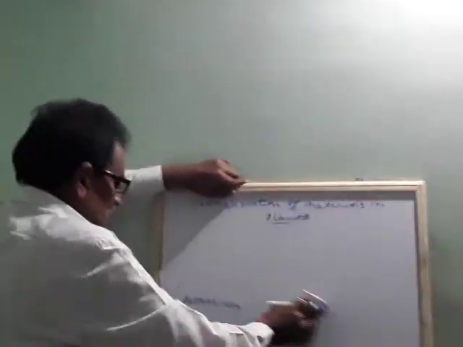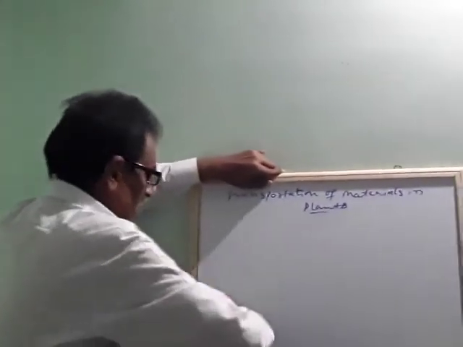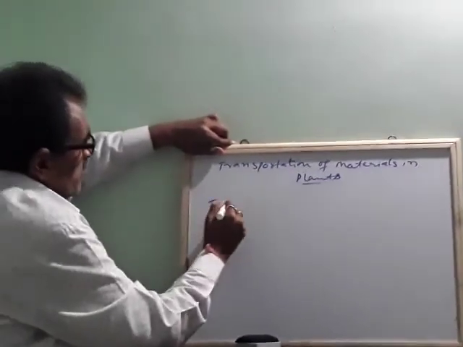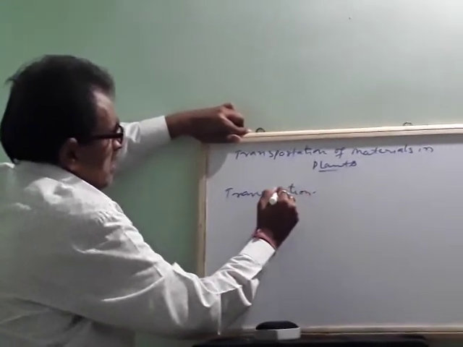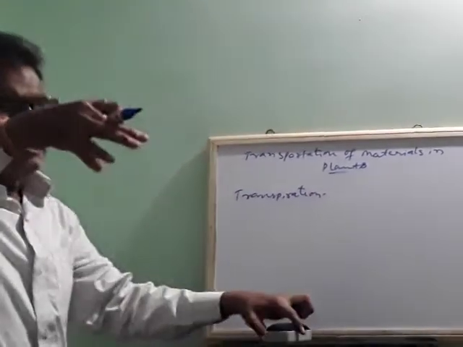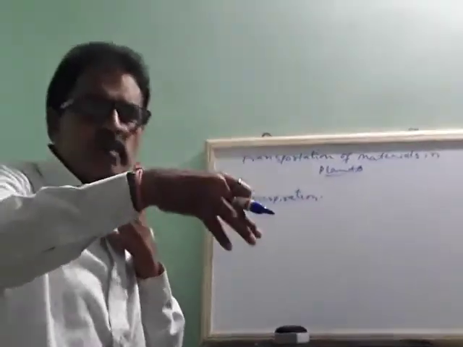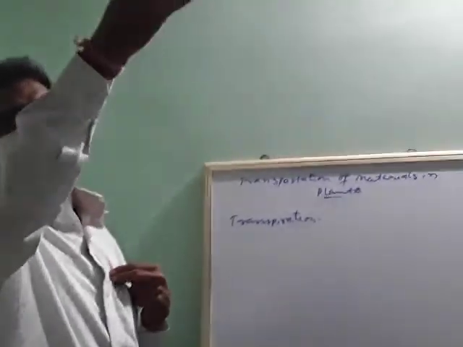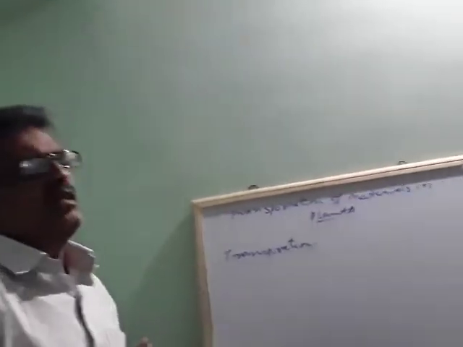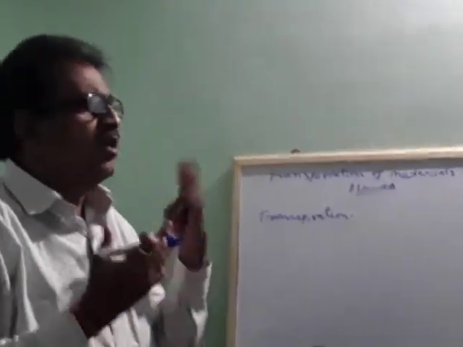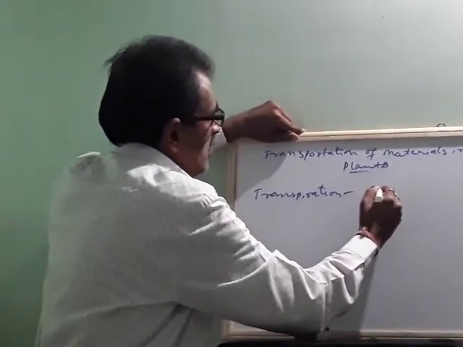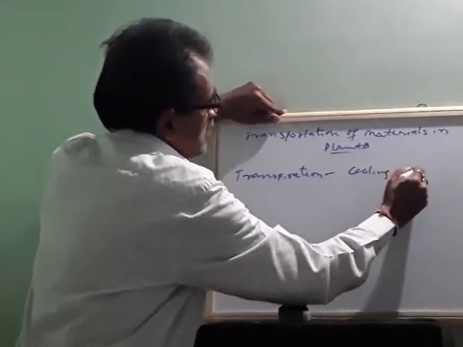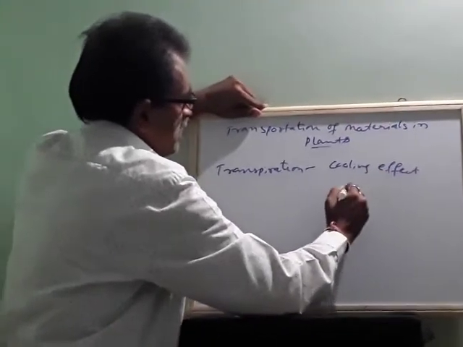See, I think there is a word for transpiration. What is the importance of transpiration? Transpiration means what? Okay. Transpiration is the escape of water from the plant. Means through the leaves, the water which is in excess is going out. But what is the importance of this? So transpiration leads to cooling effect. So transpiration leads to ascent of sap.